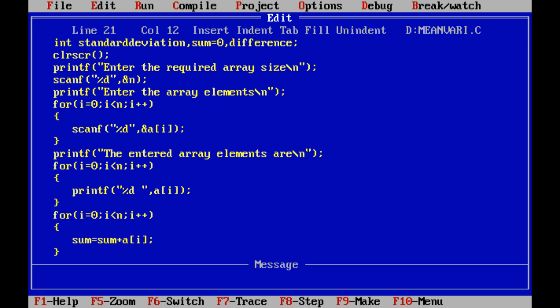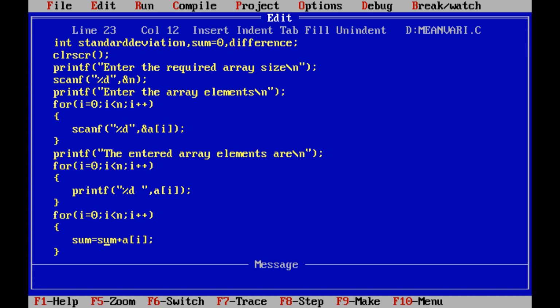After that control goes to the for loop. i value is incremented. Now i value is 2. 2 less than 5, condition true. So sum = sum + a[2]. Previous sum value is 30, 30 plus a[2]. a[2] contains 30. 30 plus 30, that is 60. Again control goes to the for loop. i value is incremented. Now i value is 3. 3 less than 5, condition true. Then the control goes to the body of the for loop.